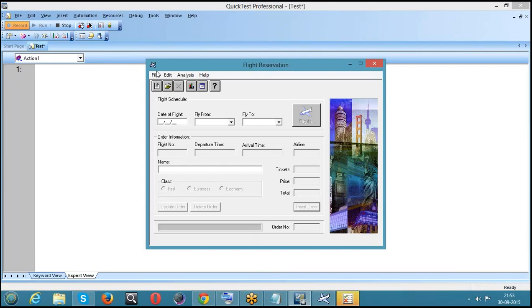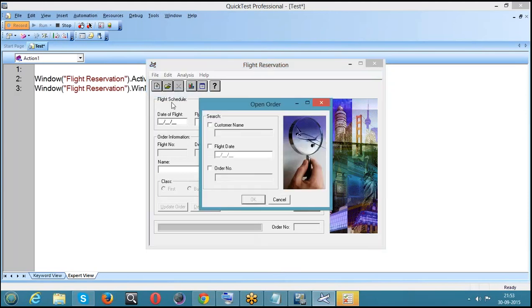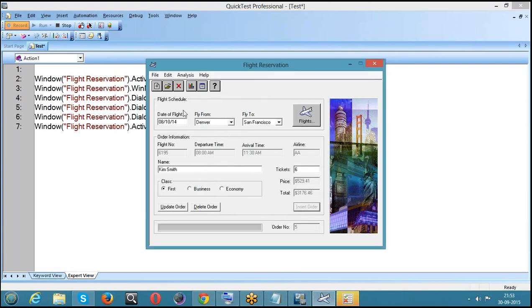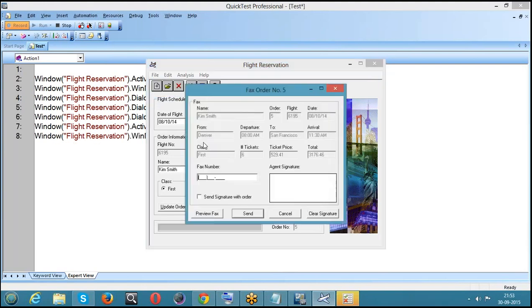Just click on record. 5. This is a mouse click. Open order, mouse click. Order number 5, this is a keyboard operation. Click OK, mouse click. 5, mouse click. Fax order, mouse click. Entering the 1111 fax number is a keyboard operation.